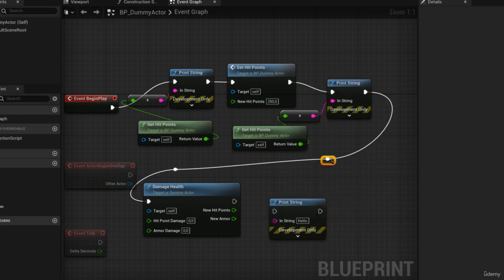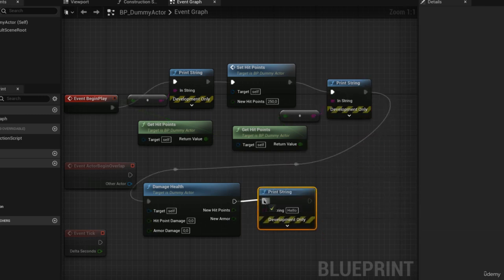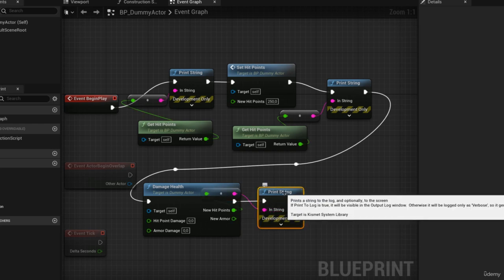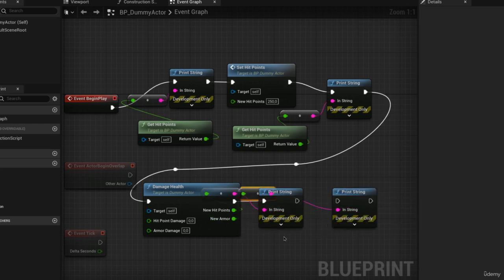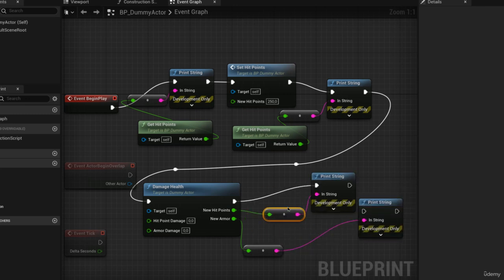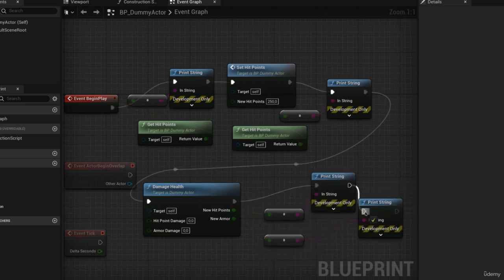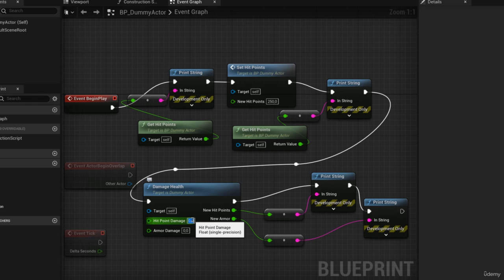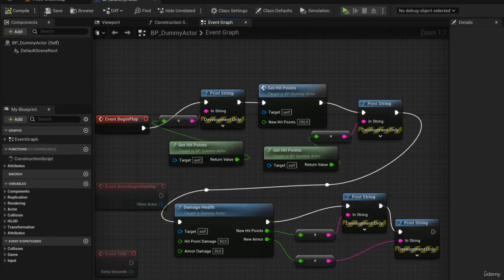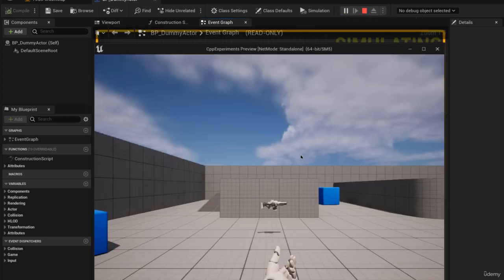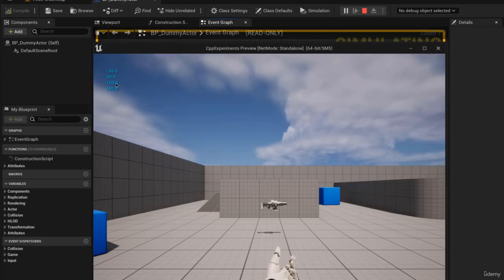I will duplicate the print function since we have the time set to 10 seconds on that one. Print out the new hit points, duplicate the print string node again, and print out the new armor. I will rearrange things a bit. I'm trying to fit all of these things on screen. Let's set the hit point damage to 50 and the armor damage to 35. Compile and save. And if I play now, we will get 100 and 100 printed out, then 50 and then